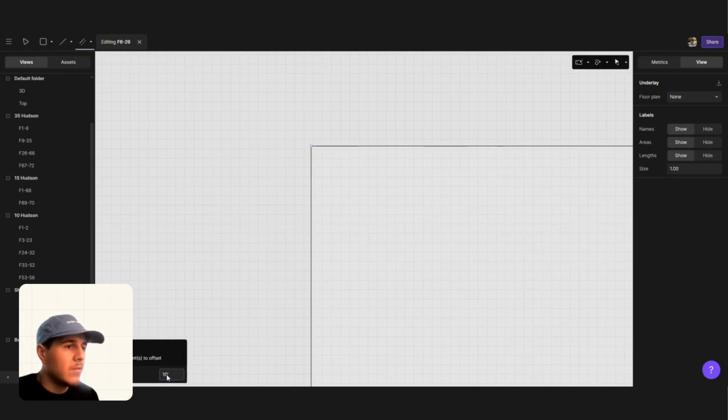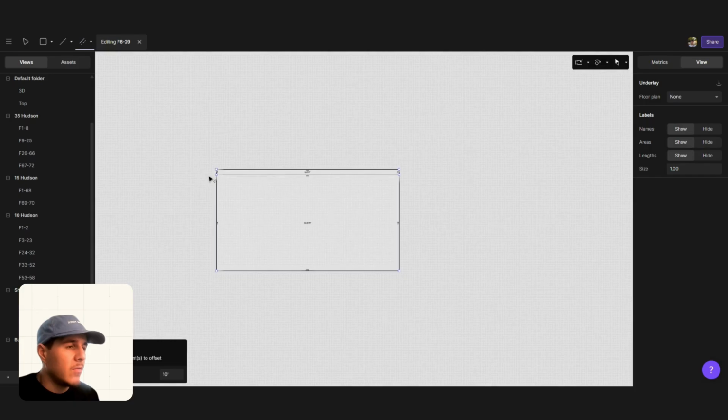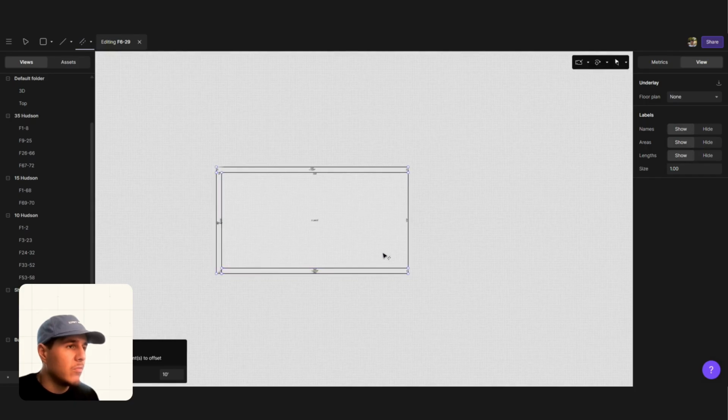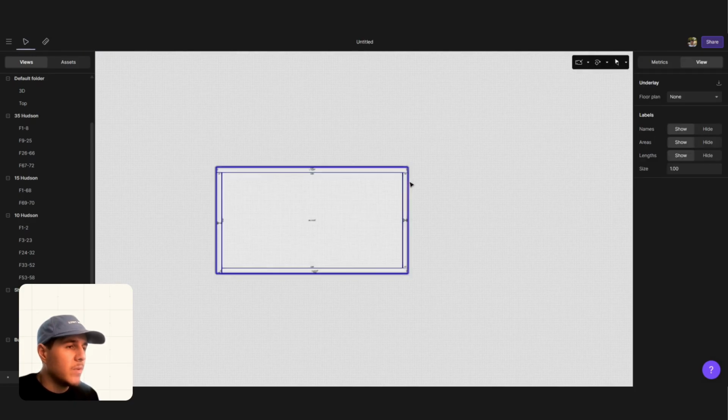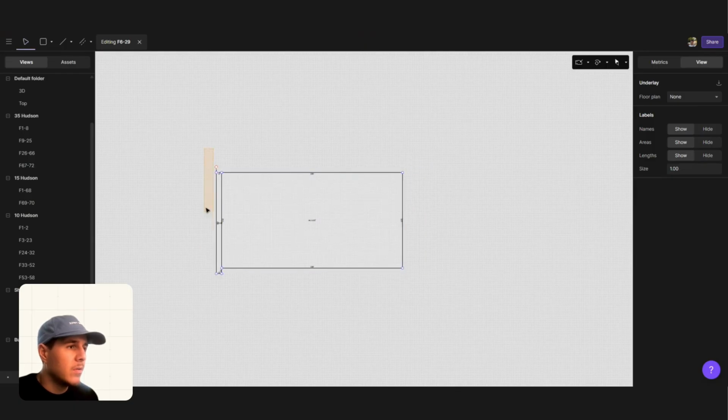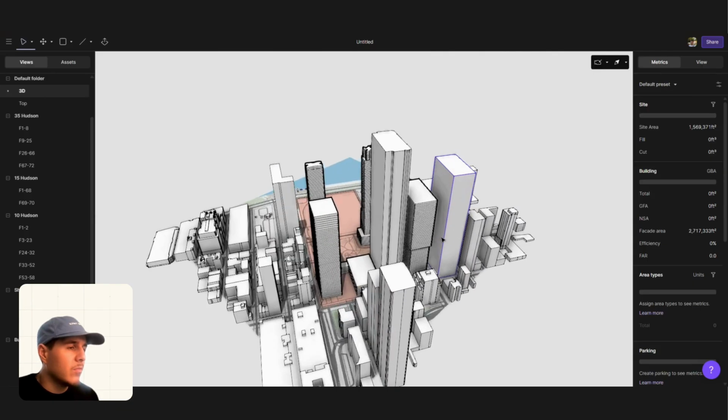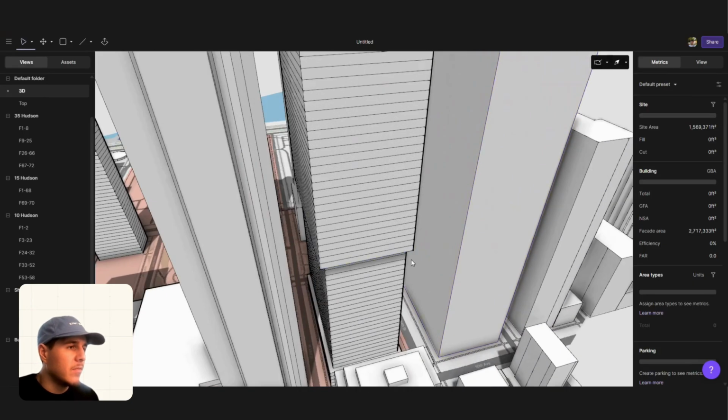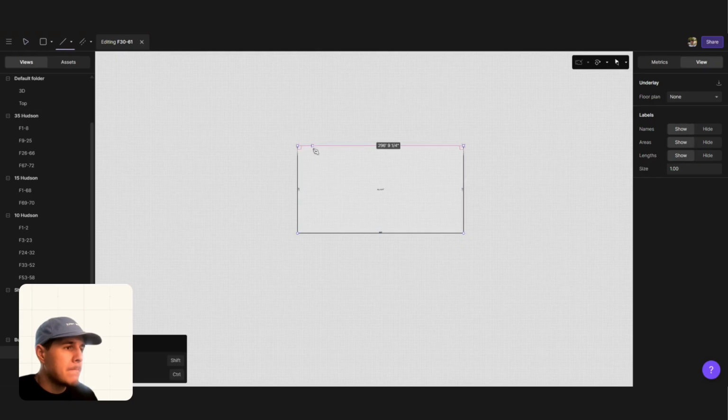It's not that hard. Here for 50 Hudson, I'm going to fillet the angles because it basically tapers up in some places. So I'm going to do an offset, sorry, not a fillet, 10-foot offsets on the other top floors. Let's go into 3D view and see how that looks. Looks pretty good. And let's go to the top floors